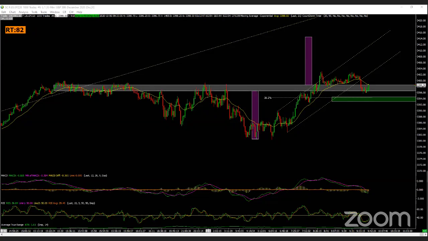For a gamble trade, it would be the closing of this candle over the EMA. It didn't close over, just like yesterday's trade, right? It didn't close over the EMA. But it's probably going to want to go back and retest this area right here, right? So I'm trying to retest this right here. But is it going to be able to hold? Well, we're right at yesterday's middle of the range.